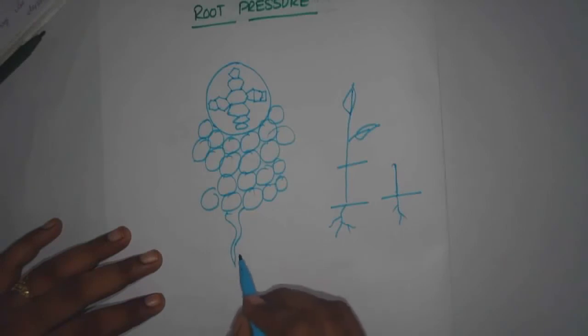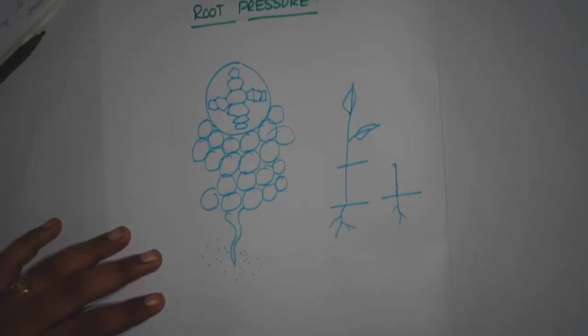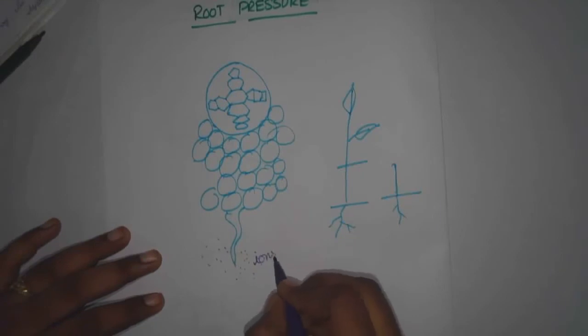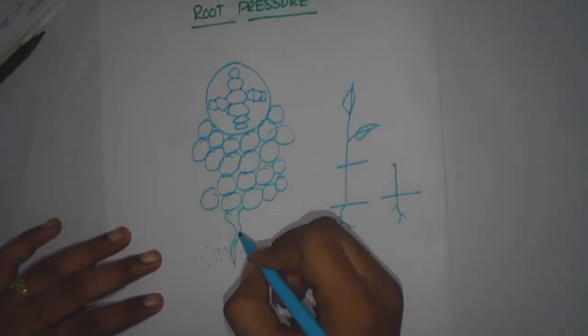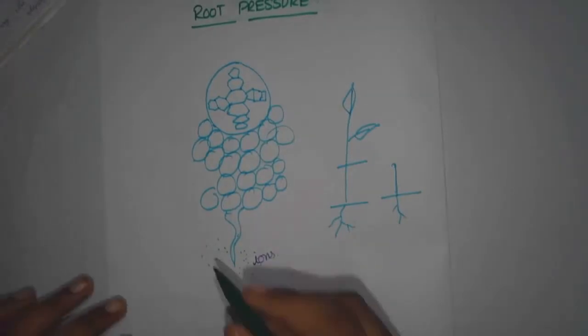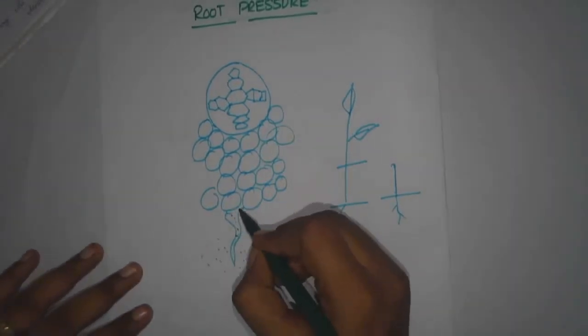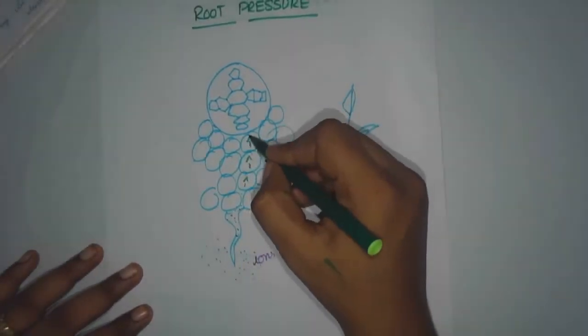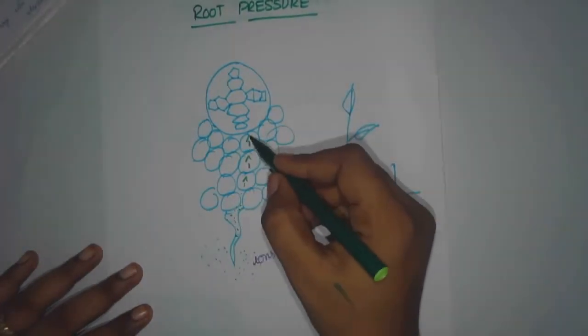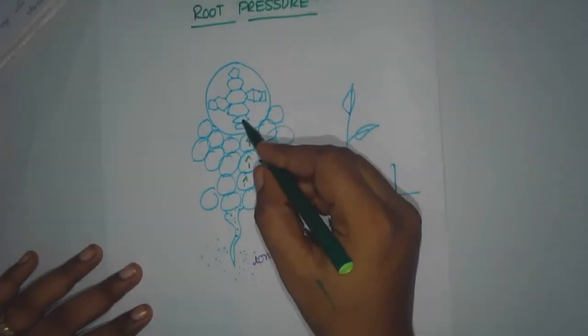Here they are having a root hair, and this is a soil particle. They are having some energy. They give ions. Now ion molecules move into the root hair. They carry the ion material to the cortical cell. We already said cortical cells, right? They are carried to the cortical cell and move to the xylem part.